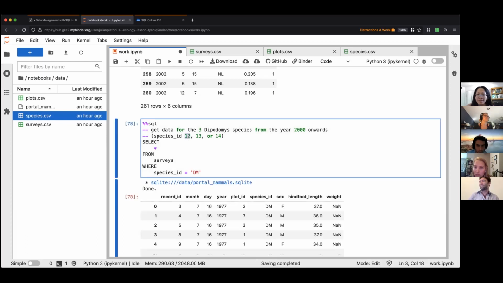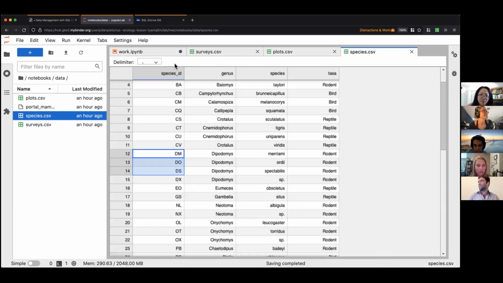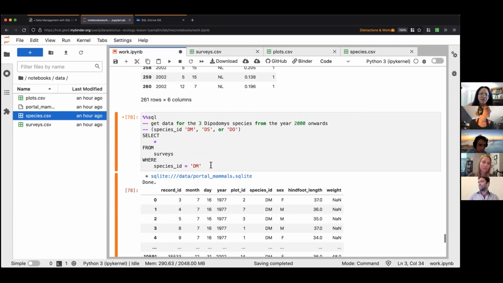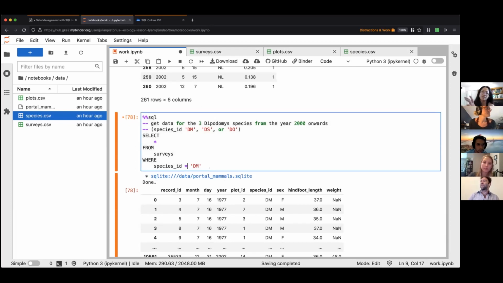What's the equivalent here of like percent in percent? Say that again. Well, in R, I use percent in percent to say where species belongs to this set. Species in. Oh, just in then. Okay. Yep. A lot of this stuff translates to